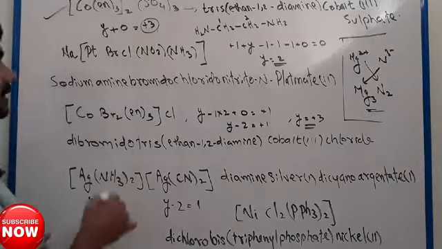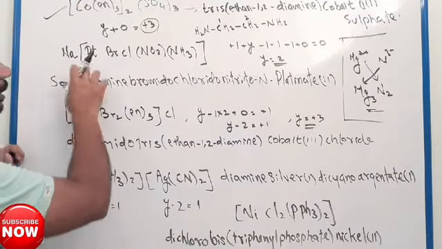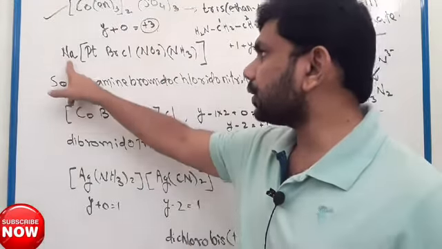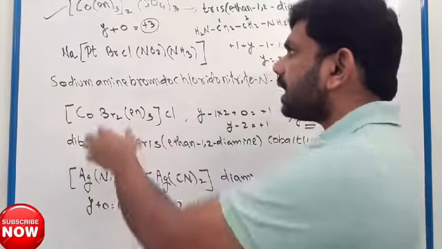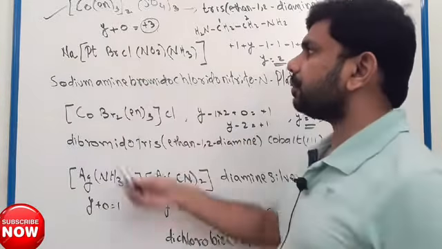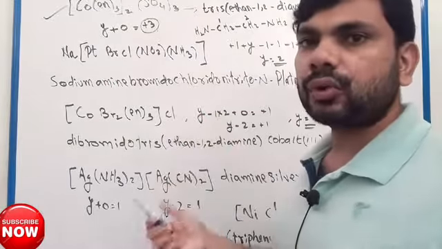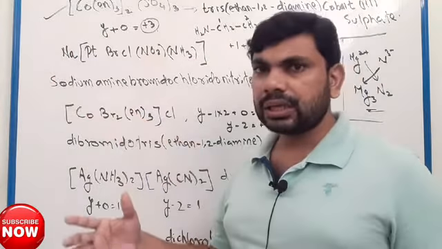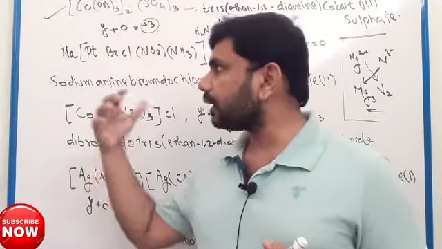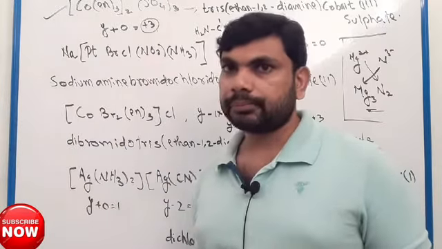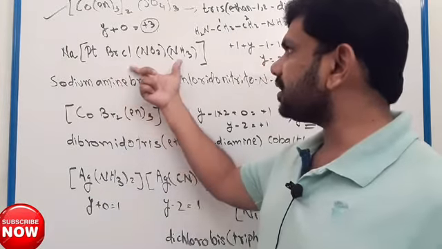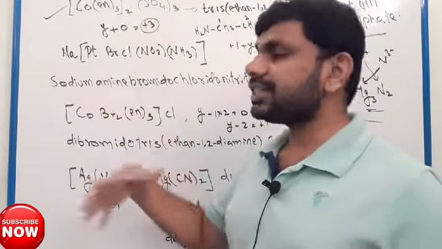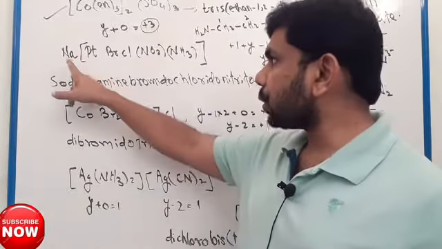Okay, let us check the next example. Here you have a positively charged part and a negatively charged part. Here sodium is the positively charged part and these are the negatively charged part of the coordination compound. So for the metal in the positively charged part, we say its name the same as its element name, sodium. For a metal present in the negatively charged part, we have to add ATE: platinum, platinate. So here sodium,